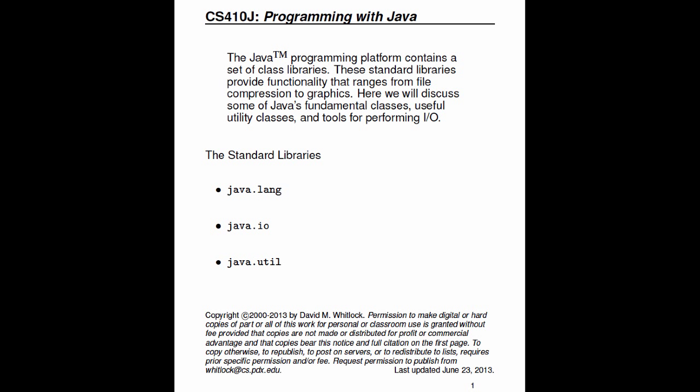So, the Java programming platform is more than just a language and a bunch of tools like the compiler and the runtime and everything. The platform also has a set of class libraries. These standard libraries provide functionality that ranges from file compression to graphics, a whole bunch of stuff that you don't need to write, and that's probably the powerful thing about it. The standard APIs also